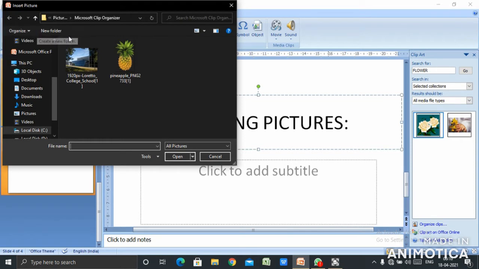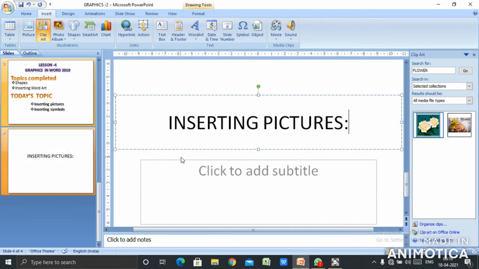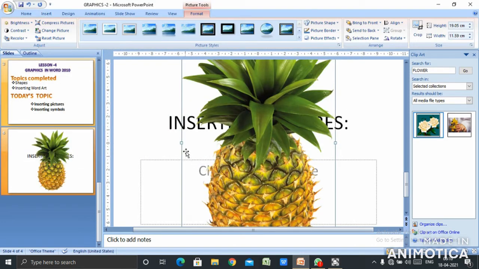From this window, you will get the pictures which you have saved in your file or folder or documents. Suppose I am selecting this picture. After selecting this picture, click on the insert option given at the bottom of the window. Now you will see the picture is inserted in your document.